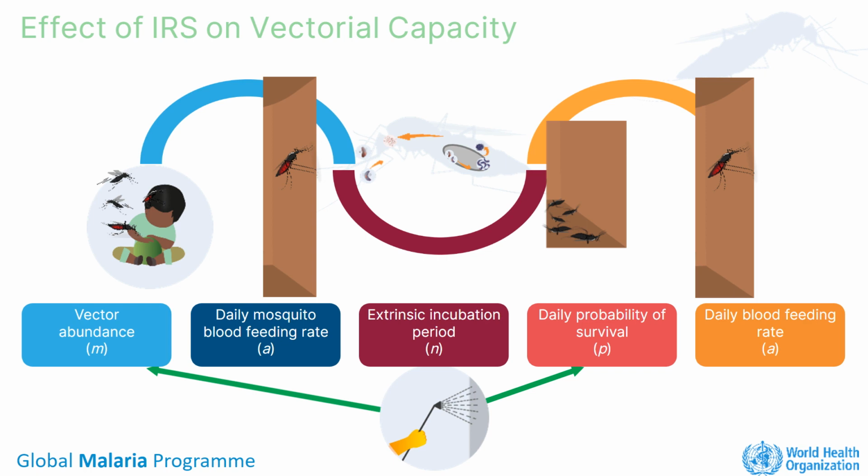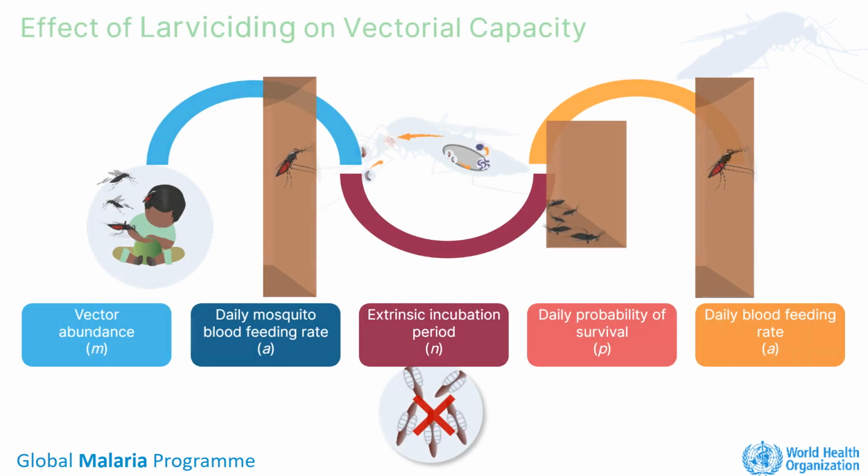Although IRS doesn't affect the daily blood feeding rate, it can have a substantial impact on vectorial capacity by decreasing the mosquito lifespan and mosquito density in the community. Larviciding is the regular application of biological or chemical insecticides to water bodies to kill mosquito larvae. Larviciding has no impact on the blood feeding or survival rates of adult mosquitoes. However, killing larvae reduces the size of the adult mosquito population and therefore vector abundance, M. Because larviciding affects only one of the parameters of vectorial capacity, it has a more limited impact than either ITNs